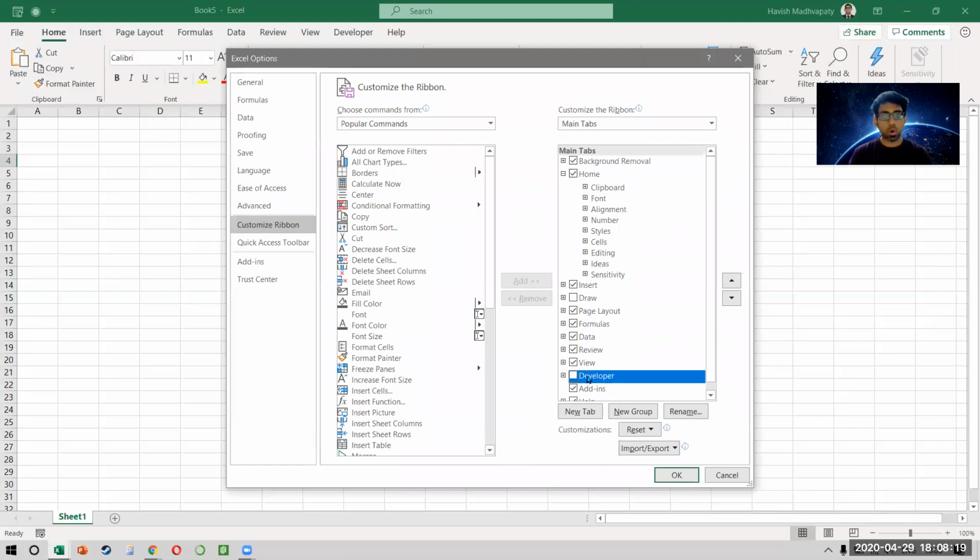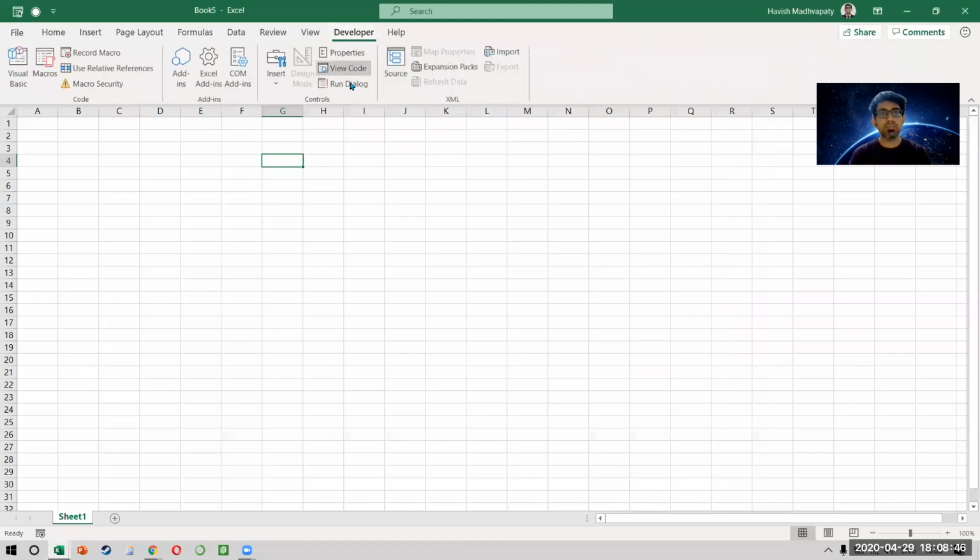Now, by default, on all your computers, when MS Office is installed, the Developer tab is disabled. And there is a good reason for it because they say that this is only meant for developers, for very advanced users of Excel. 1 out of 1,000 people on Excel will ever work in their lifetime on Visual Basic. All the other 999 will not. That's the reason they have disabled this feature. But it is as simple as clicking on this button. And when you press OK, this new tab will come called the Developer tab. Right? Now, I'm assuming that none of you would have seen this earlier because by default, it is always hidden. But you need to activate it in case you want to work with Visual Basic.